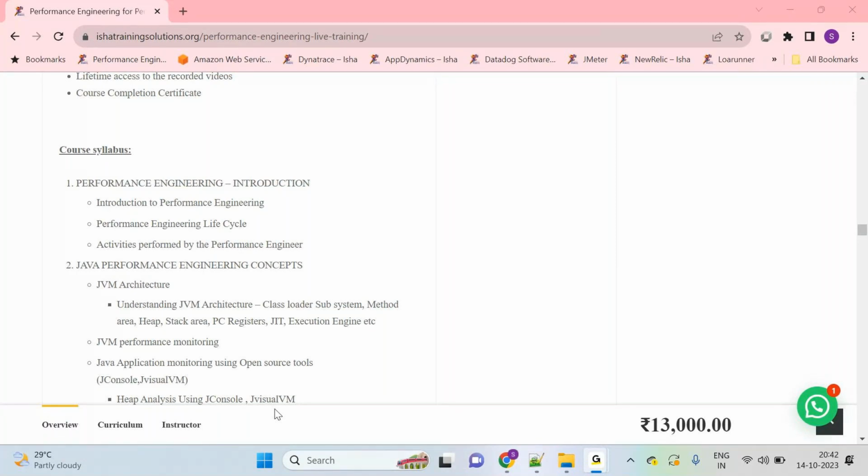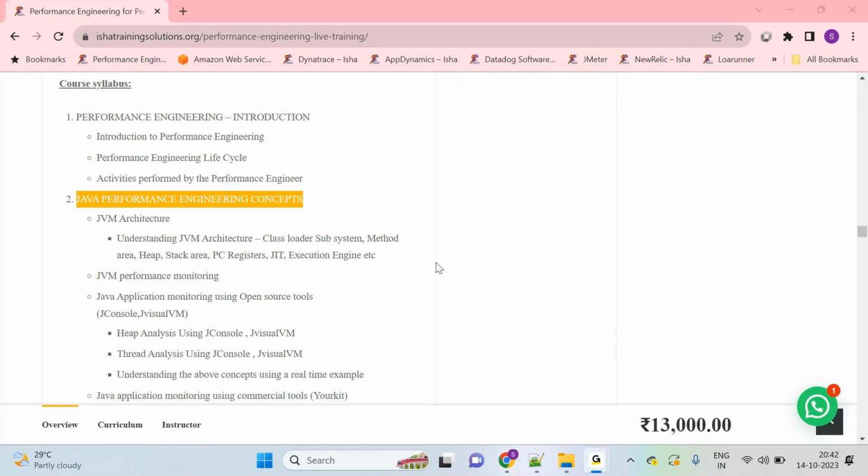Okay, and then the next topic is Java performance engineering concepts, which is a very very very important topic. And one more, probably a disclaimer kind of thing, I wanted to tell you. Performance engineering is actually a vast content. In the way I designed this course content, there should be some understanding in the Java layer, some understanding in the infrastructure layer, some understanding in the database layer, and some understanding in the client side layer. That is how a mixture of course content I prepared.